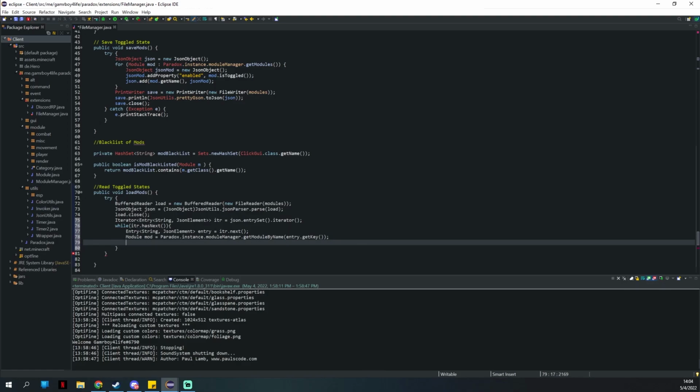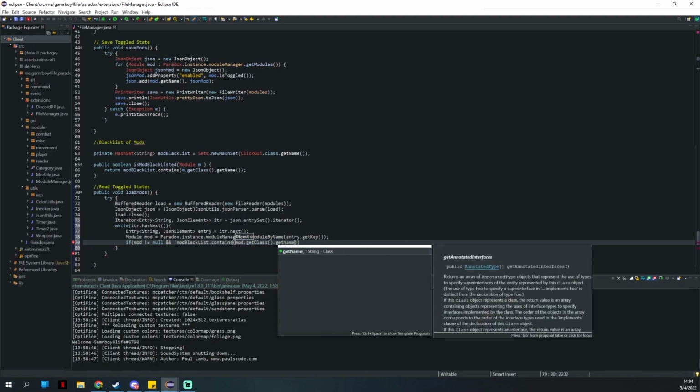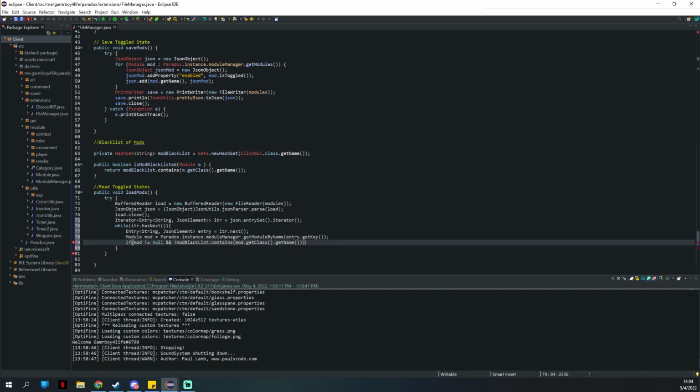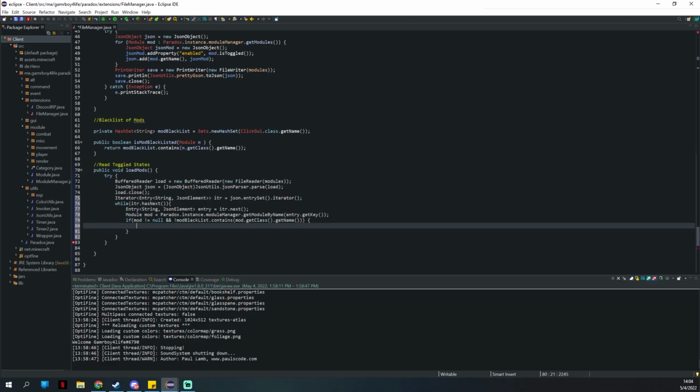And now we'll say if mod does not equal null, and if the mod isn't inside of our mod blacklist. So dot contains, we'll do mod.getClass.getName. So if both of these are met, so if the current module exists basically, and as long as it's not inside of our blacklist, then we can do JSON object as JSON module, and this will make a new JSON object with